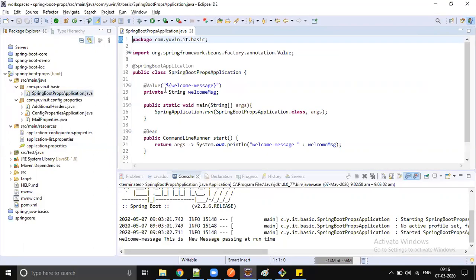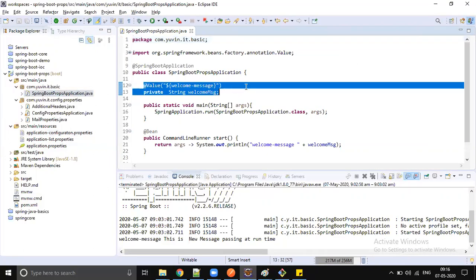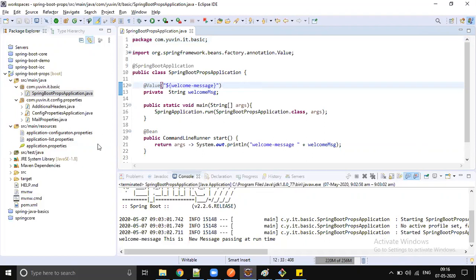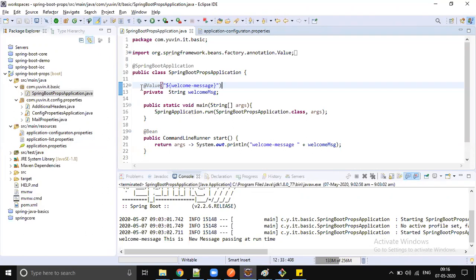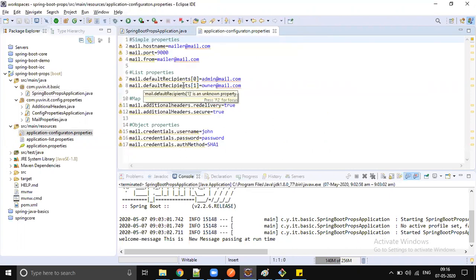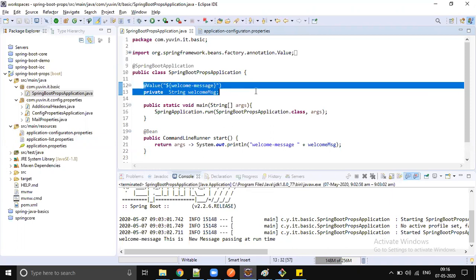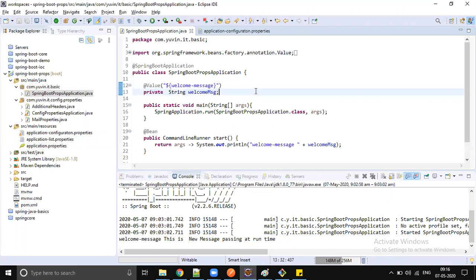You have to use the @Value annotation. To load all these 17 properties, how many @Value annotations are you going to use in your project? One for each property, 17 of them. So your configuration looks messy, kind of horrible.